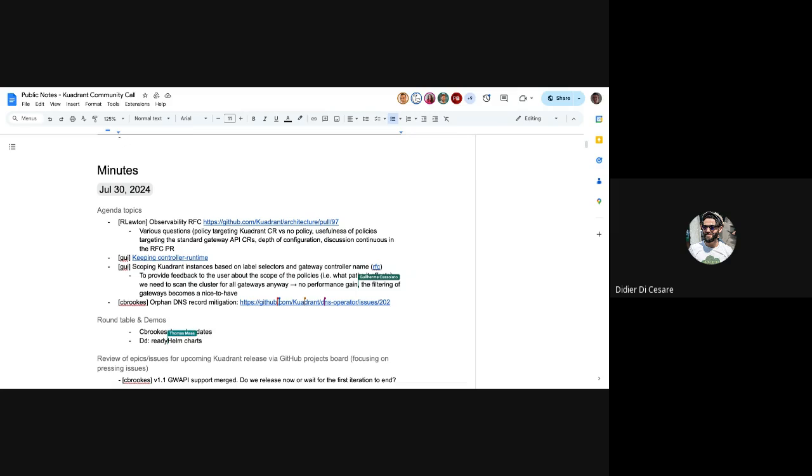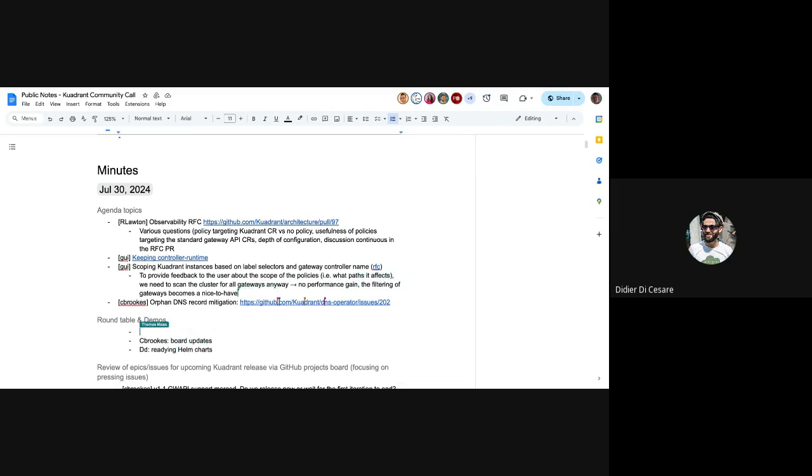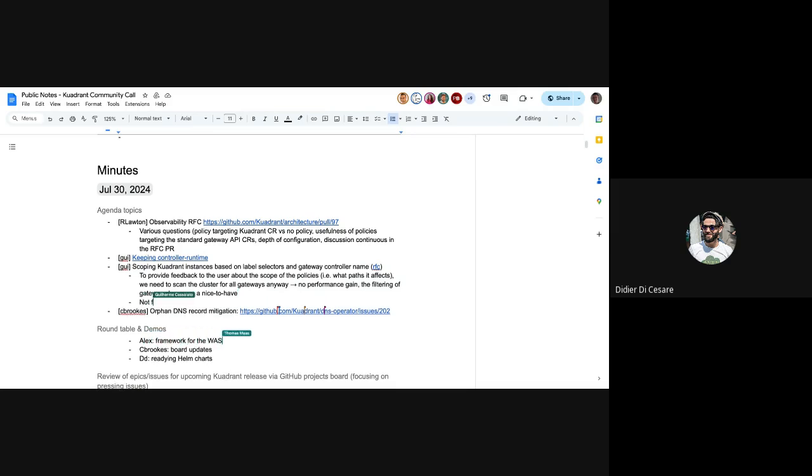On the other hand, I started working on the external authorization within the WASM plugin. We had a sync with Adam today and yesterday with Alex, that we are laying a plan of how to make it happen, with the options and the steps that we're going to be following.